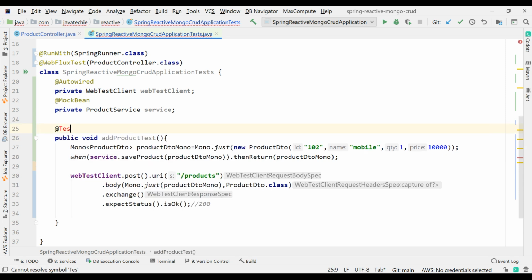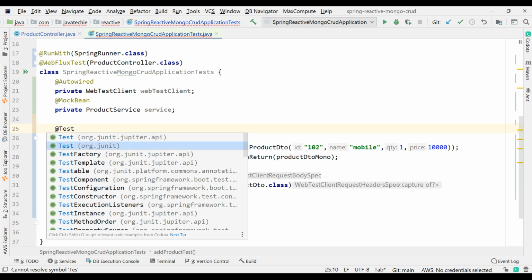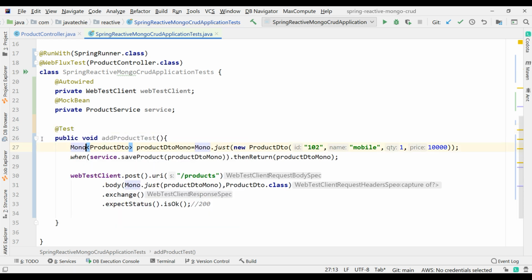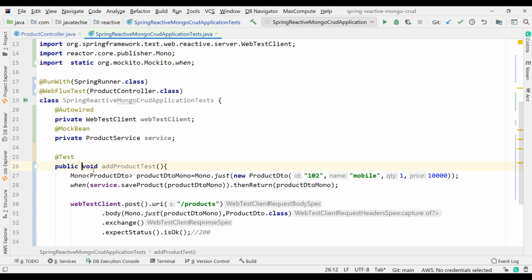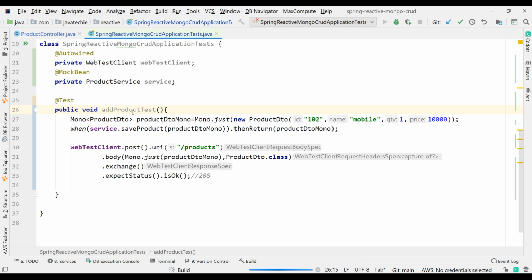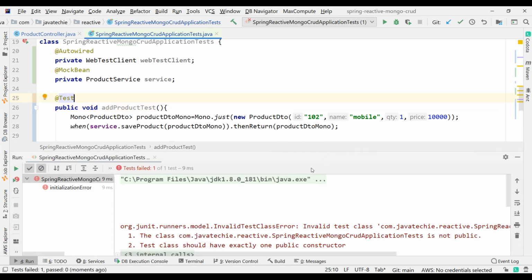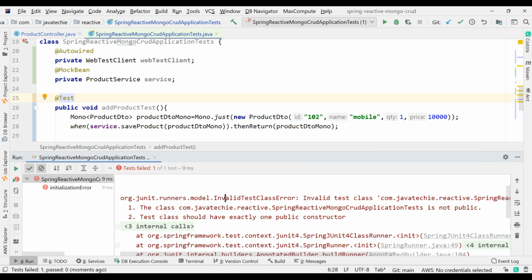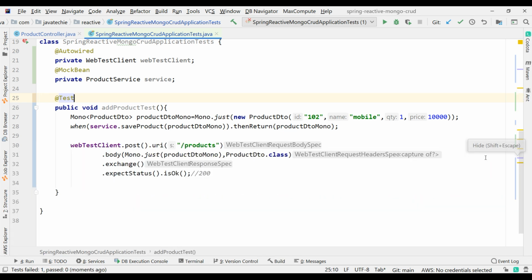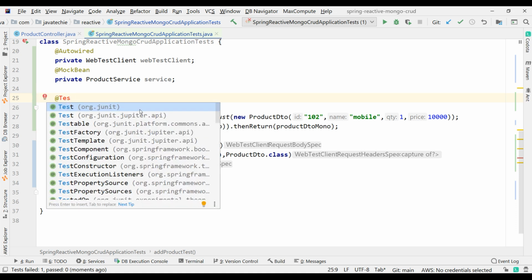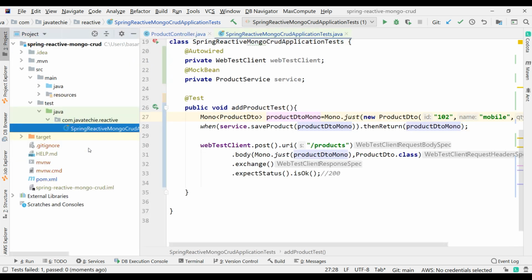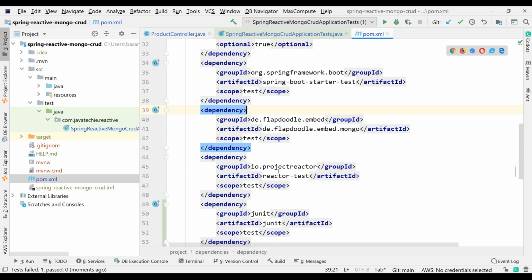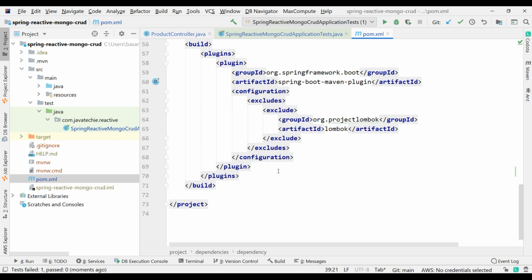There is something going wrong in my IDE. org.junit. Now if you want, you can run this test method. So I will just run this. There is some error, invalid test class error. Okay. So what we need to do is import this Jupiter, because if you observe in your pom.xml file, it added the Jupiter one.